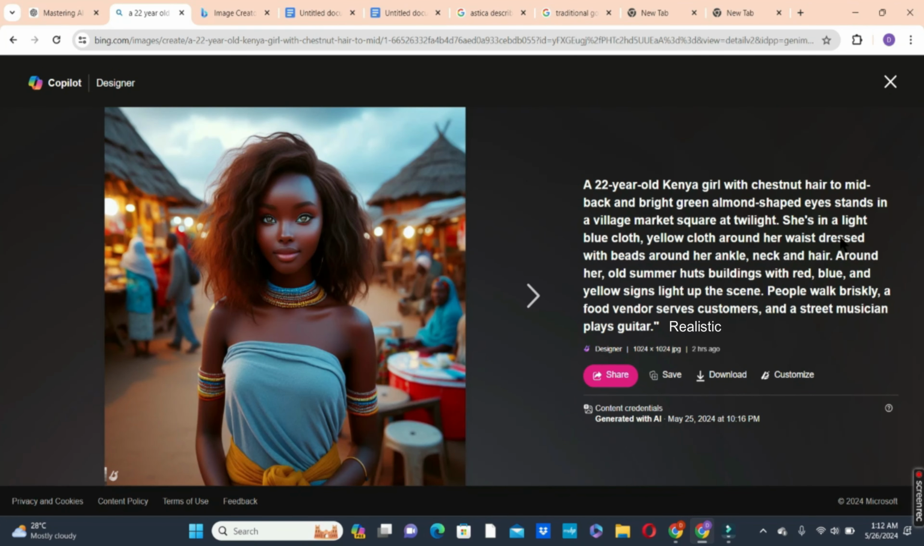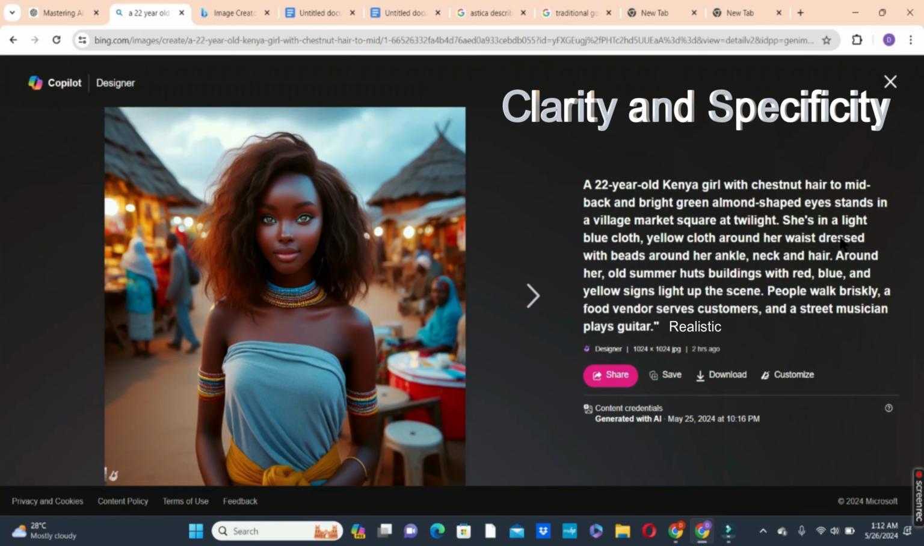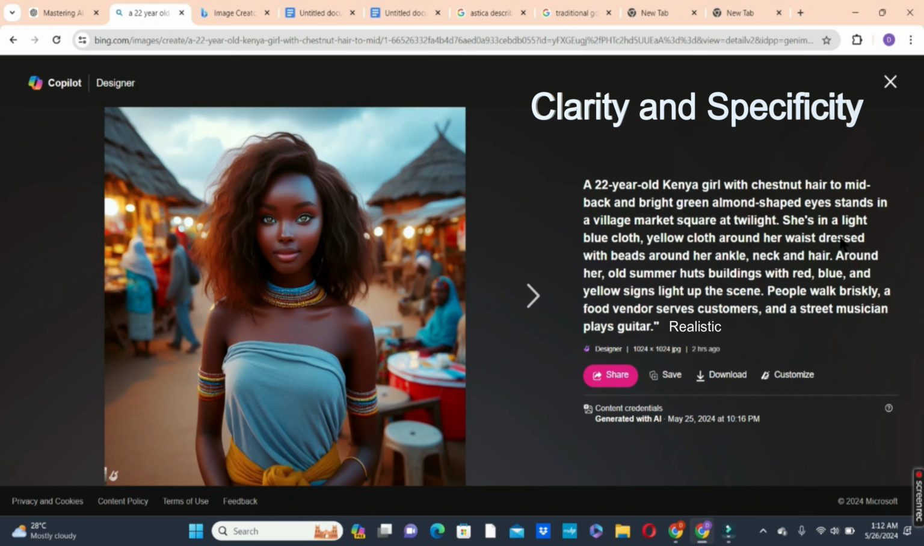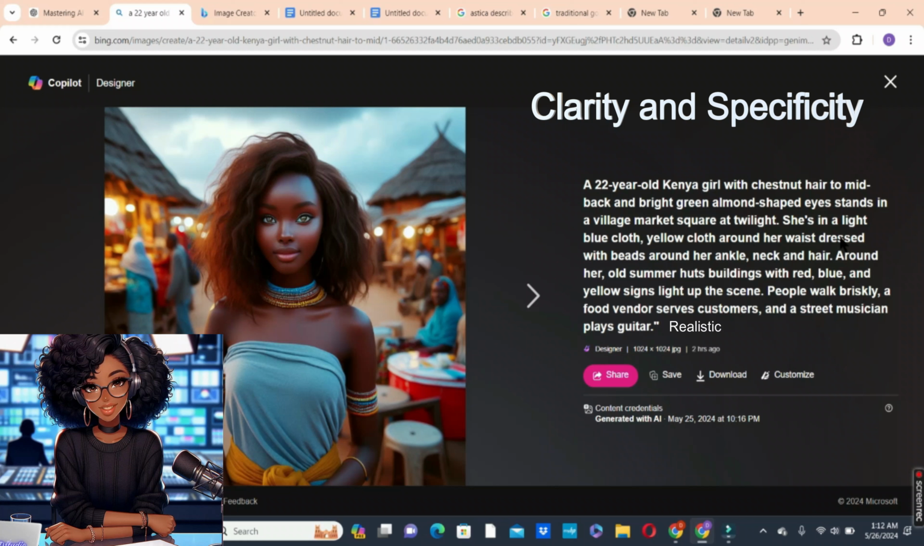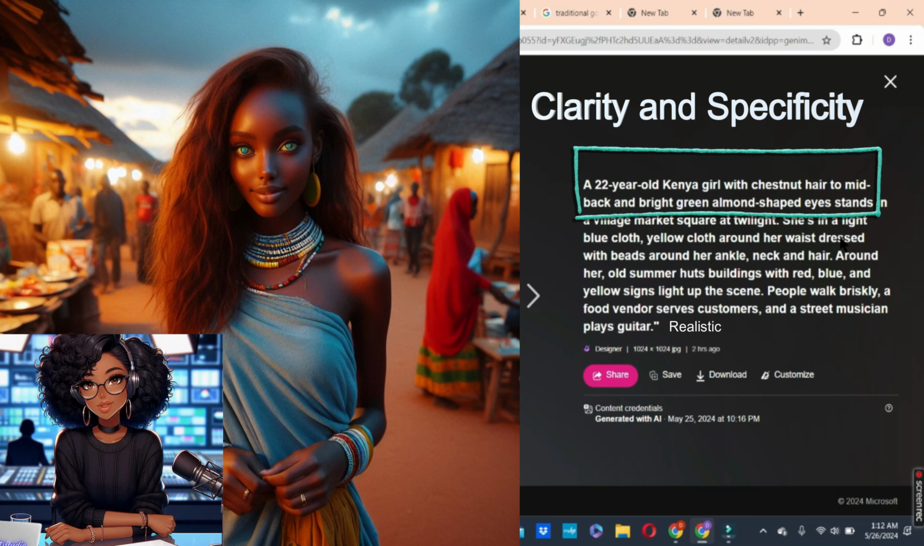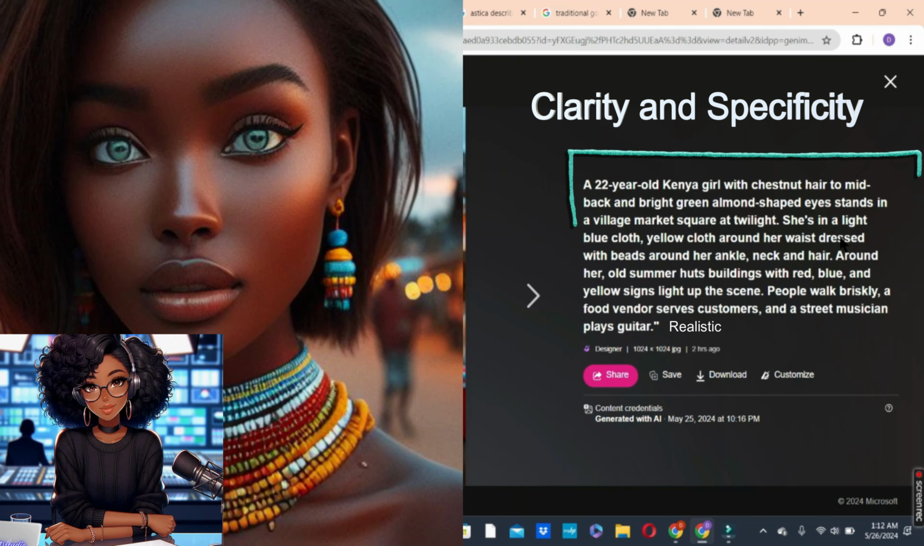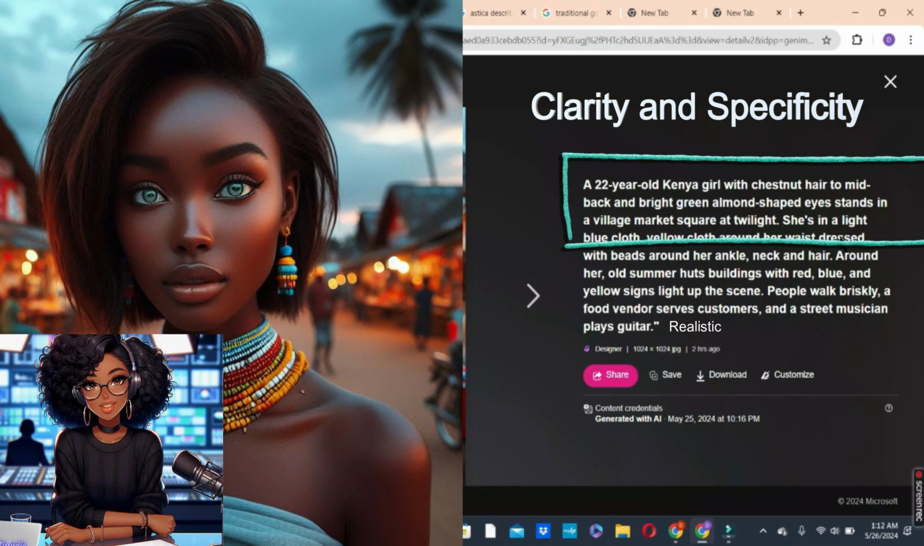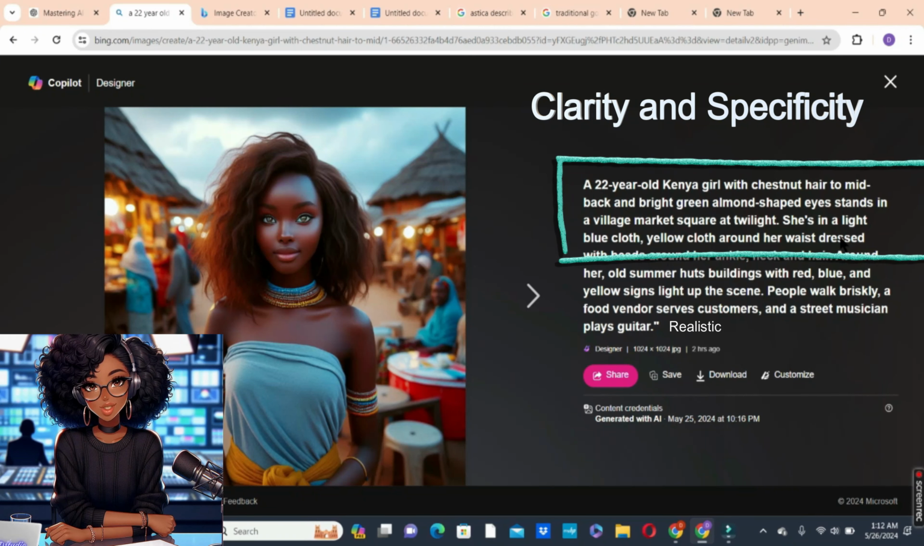Now we are going to break this prompt down with the elements. So let's talk about these elements for better understanding. The first element we need to consider when creating our prompt is clarity and specificity. In crafting your prompt, make sure that the AI understands exactly what you want. If your story is about a girl, don't just say a girl. Give a detailed description, and that is about the clarity of the subject. For example, describe her appearance, and the appearance we gave in the prompt was a 22-year-old Kenyan girl with chestnut hair to mid back and bright green almond shaped eyes. The second thing you need to consider is her clothing. She is wearing a light blue cloth with a yellow cloth around her waist and beads around her ankle, neck